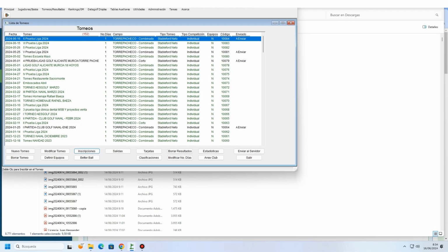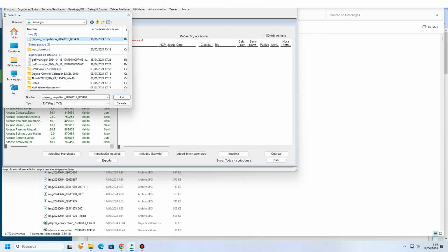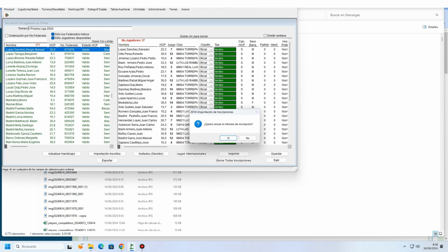Now we are going to open the Data Golf program, and we are going to access the competition, which we must also have created there, because it is the one that will allow us to obtain the handicap of the players and send official results. Select the competition we have already created, and click on the Entries button. Now click on the Import Entries button. Select the file of players that we have exported in Play2Golf. As you can see, the players of our competition are automatically incorporated.